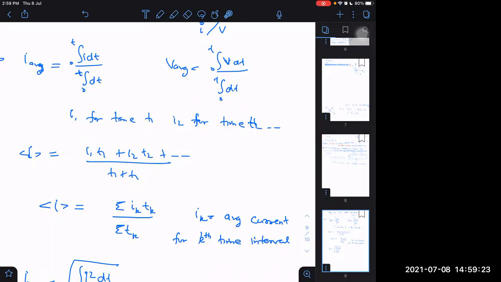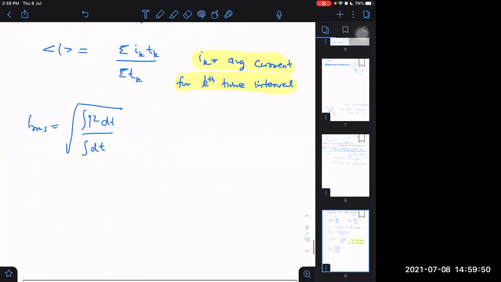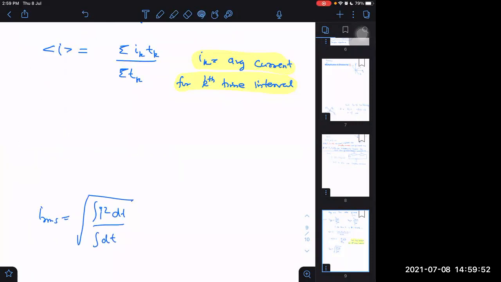So if it is a constant current, I don't have to integrate and do all this. Even if I do, what will I get? Integral I dt, if I is constant, I will be outside, it will be I into dt, then I into t only. Again divide by t, t cancels, we get I only. So the average will be the same. But whenever it is not constant current in the given interval, then this refers to average current. Remember it. So this is how we get the average values.